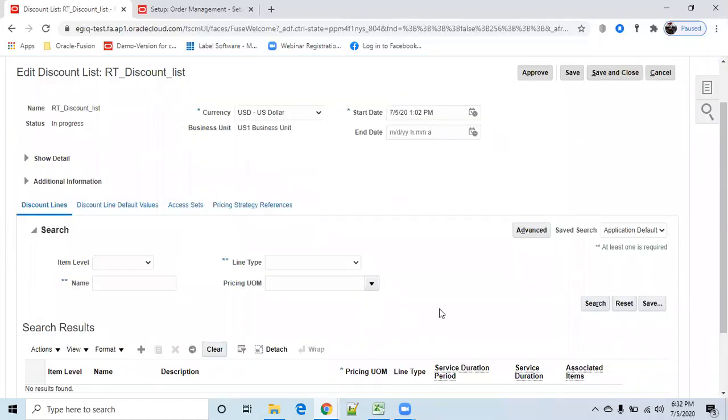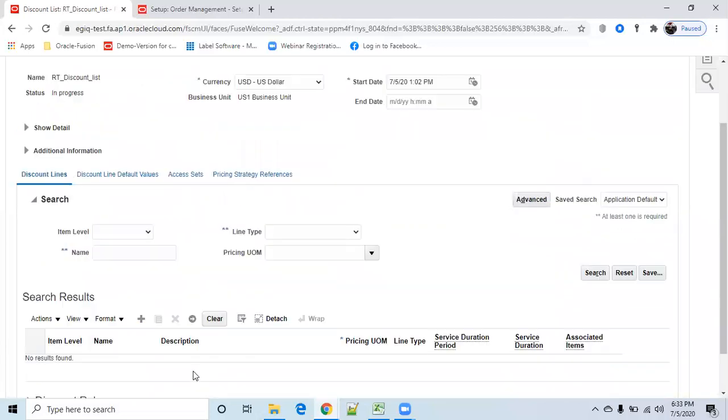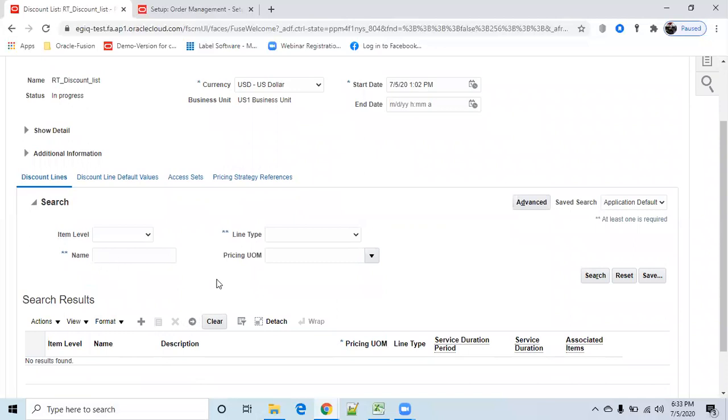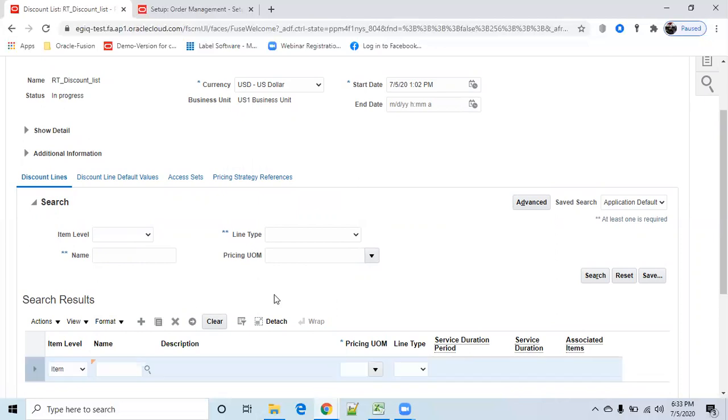Now we created that particular pricing list based on the category, correct? Now discount lines, discount line default values, access. Okay, for discount lines here, we don't have anything specific to catalog; we have it item wise. Click on plus, let us see.